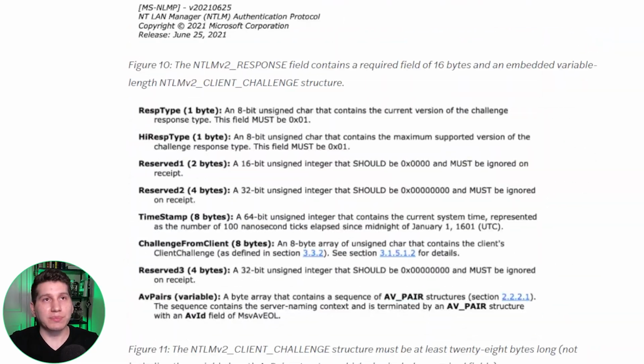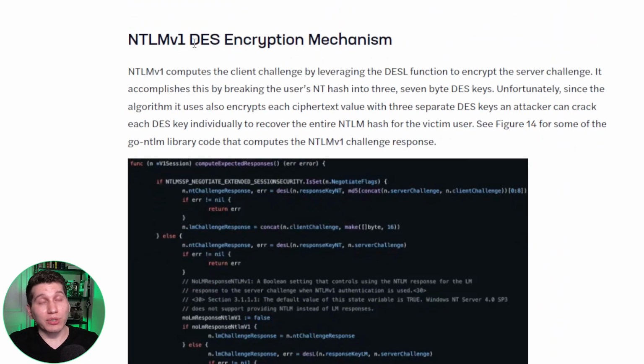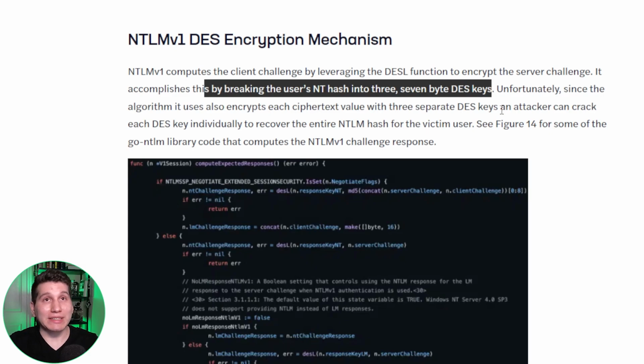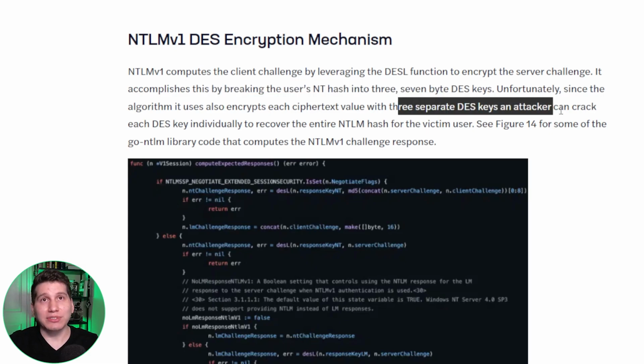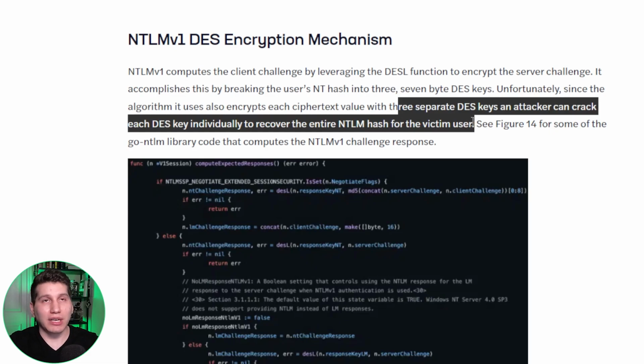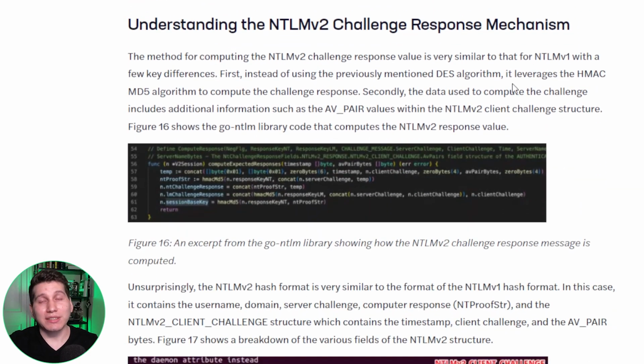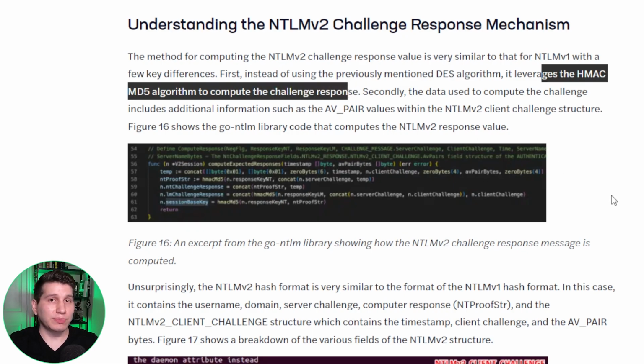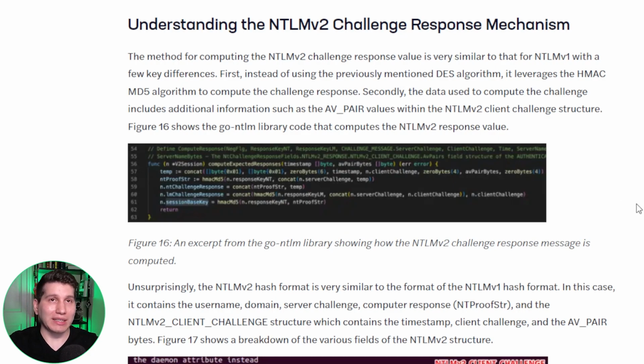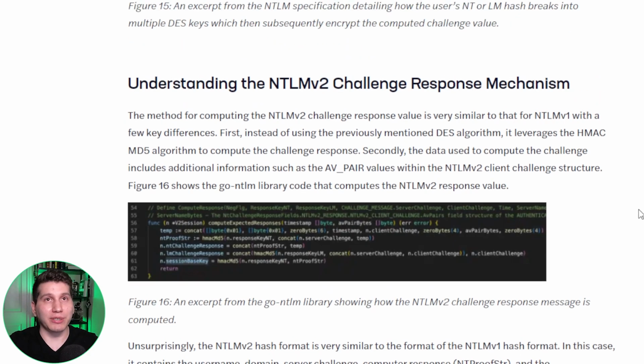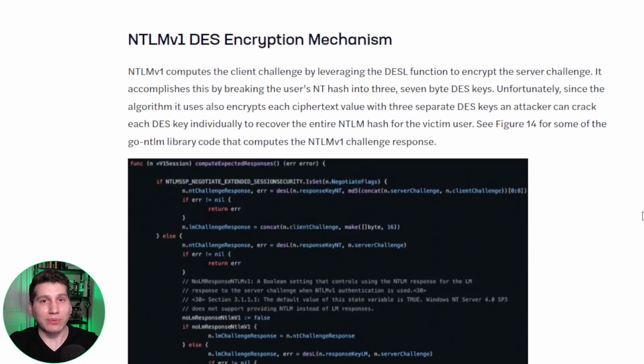To give a brief description of the differences, NTLMv1 uses DES encryption, and the way that it encrypts the NT hash is that it breaks the NT hash into three 7-byte DES keys. Because of that, each of those DES keys can be cracked and eventually obtain the NTLM hash of the client. Whereas NTLMv2 doesn't use the DES algorithm, it leverages the HMAC-MD5 algorithm to compute the challenge response. This makes it a lot more secure and not able to be cracked in a realistic time frame, whereas NTLMv1, we'll see that we're able to crack it within a couple of days,